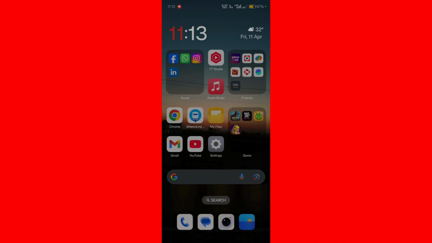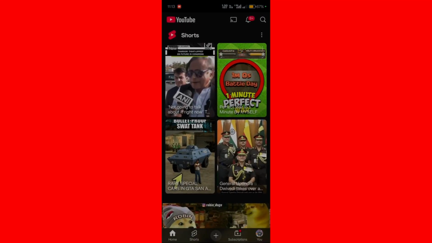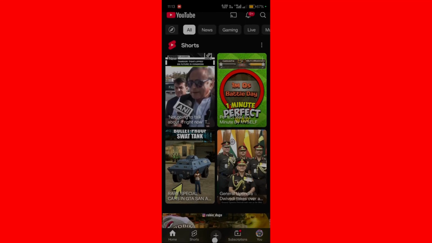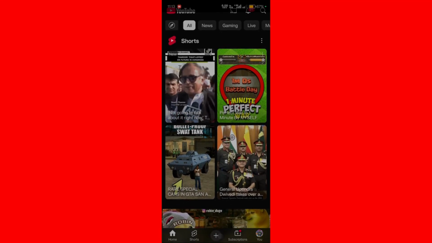So first let's open up our YouTube application. Then once the application opens up, you can see this plus icon at the bottom of the interface. Simply click onto this plus icon, and from here you need to scroll towards the left so that you move towards the right, and you will see this post option. Simply go to the post option, and in the post option you can see this first button which stands